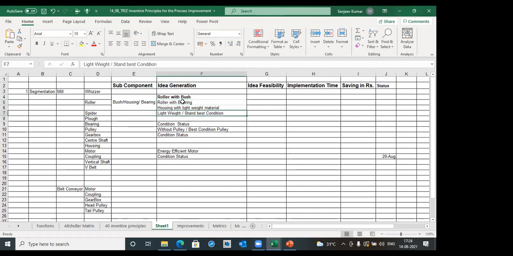You can also put the current cost. What is the current cost involved, and what is the proposed cost? The current cost minus the proposed cost will be the savings. If you get those details, it is good. If you do not have the details and you have only the savings, you can put only the savings alone.